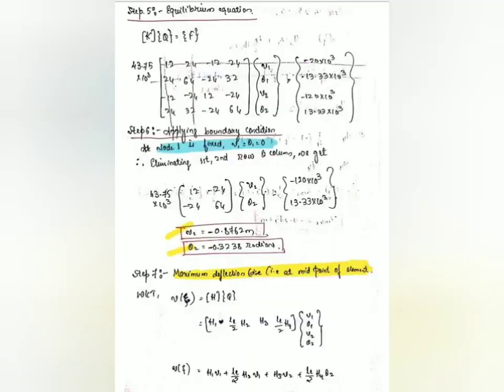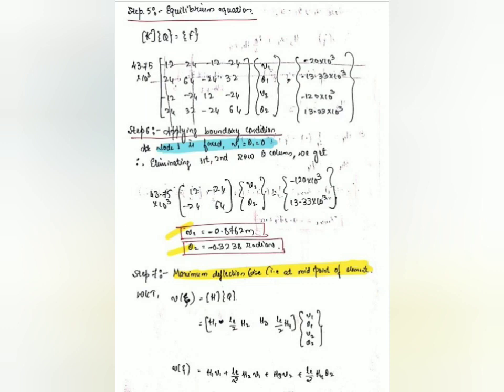So next step is the equilibrium equation. This is common for all the chapters like beams, trusses, torsion, and for this also. So we're writing as a matrix K into matrix Q equal to matrix F, where matrix K is global stiffness matrix, which you already got previously, and matrix Q is a global displacement matrix in terms of V1 theta 1 V2 theta 2, and force matrix we already got in previous page. So copying all those things, now you're supposed to apply a boundary condition to this.